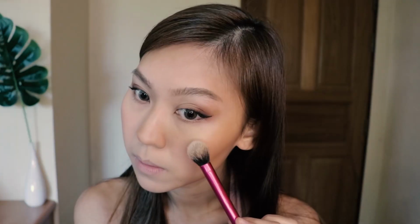The highlight I'm gonna be using today is Becca in Champagne Pop. Shade Buffy, and I've just applied